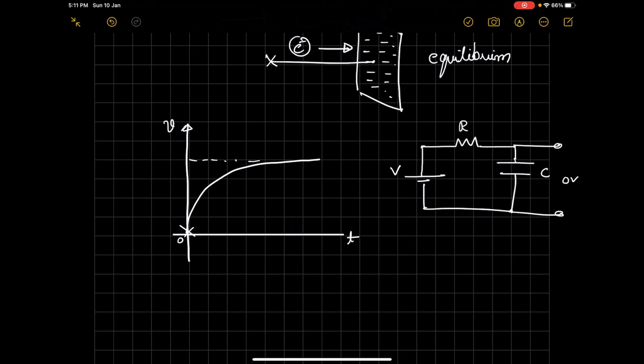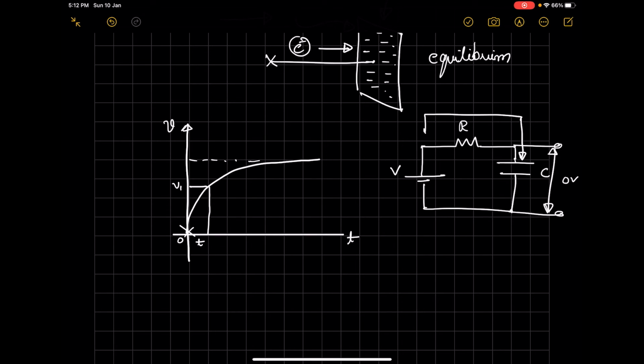In some time, as the charges move and accumulate on this plate, the voltage across these terminals will increase, and after some time t, it will have a voltage V1,